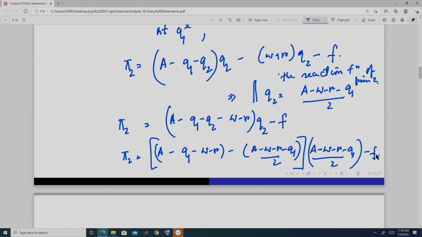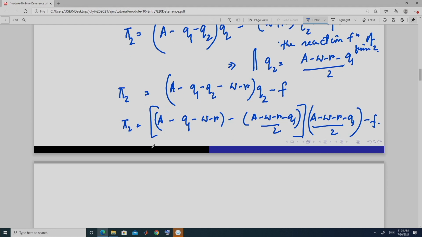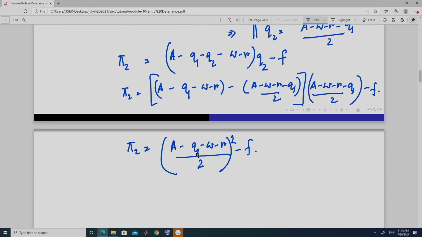We get this, and if we solve this, we get this. Now, we have to find out Q1 such that this is equal to 0. So, equating this equal to 0, we get